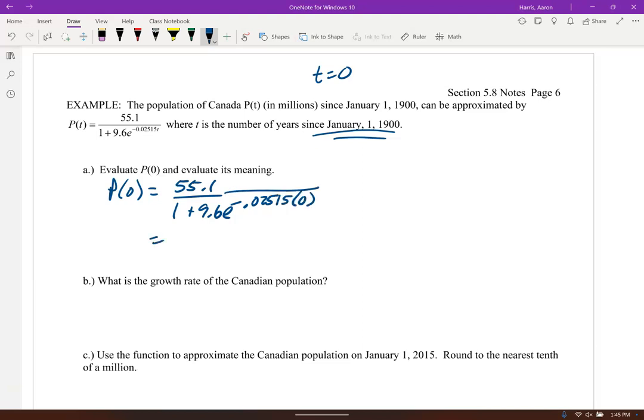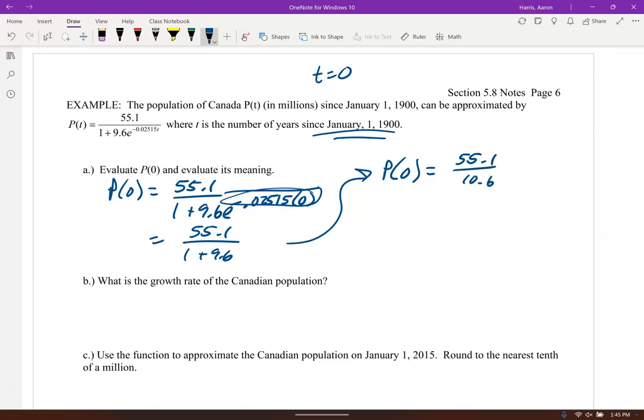Well, e to the 0, right? This is 0 up here. 0 times negative 0.02515 is 0. E to the 0 is 1. So I have 1 plus 9.6 times 1. So P of 0 is 55.1 over 10.6. So I punch that in, and I end up with